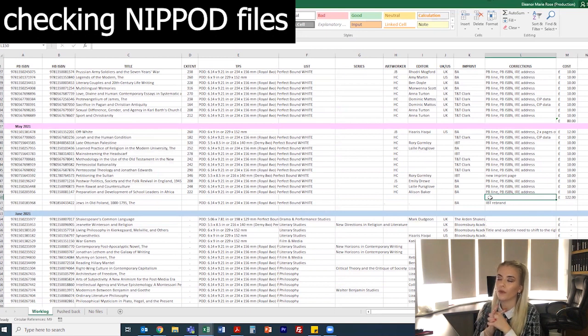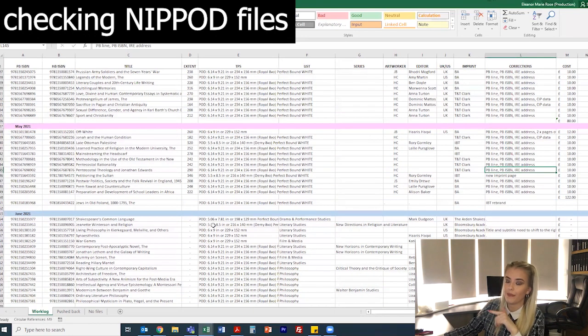The original file comes from the hardback file, and then because now that the paperback has come out, so it's usually 18 months after, you would add in the paperback ISBN, and then you would add in a line to say when this paperback edition was published as well. So in this case, it's 2021. So if we look at this one,